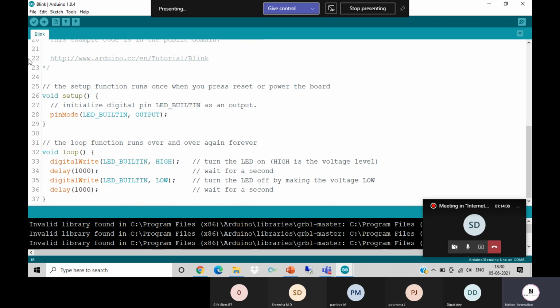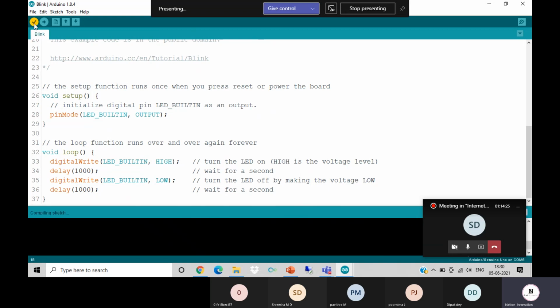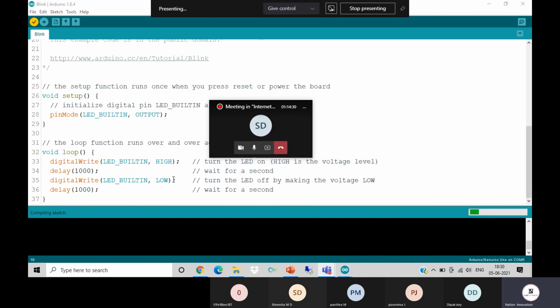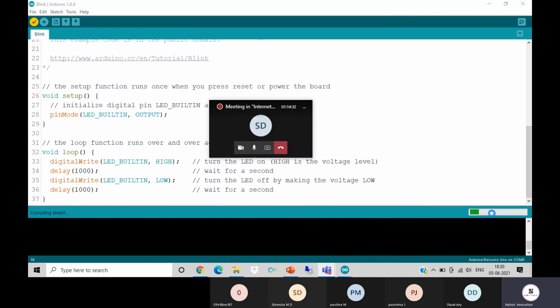Then we click on this tick mark button. This is the verify button, which compiles the code to check whether we have made any mistake, and whether the syntax of the code is correct or not. If we click on this, it starts showing compiling the sketch, and this is the progress status.